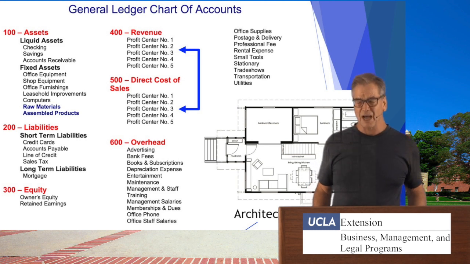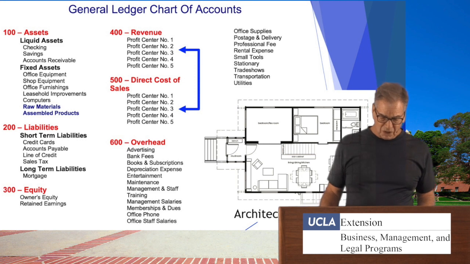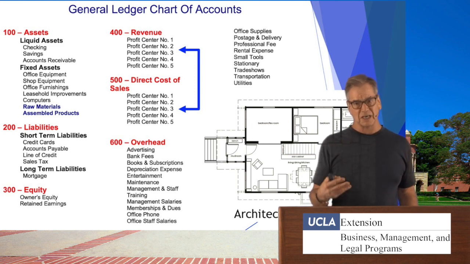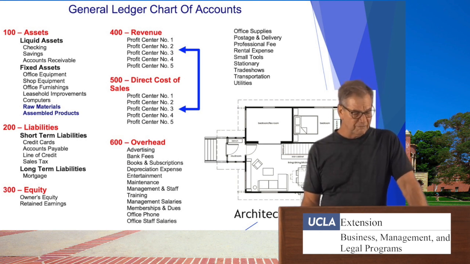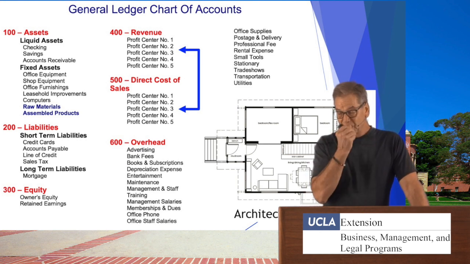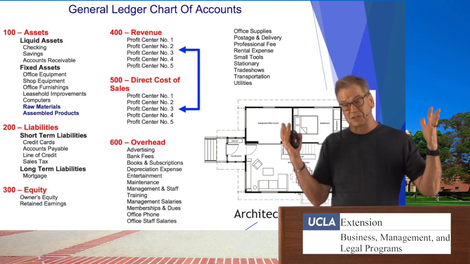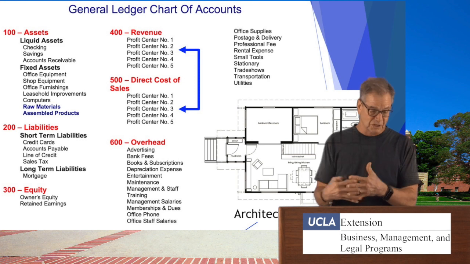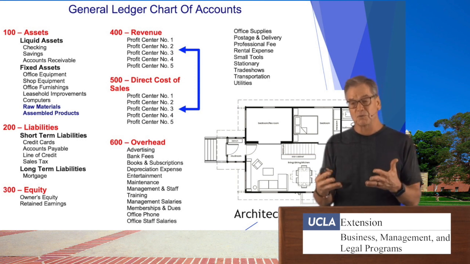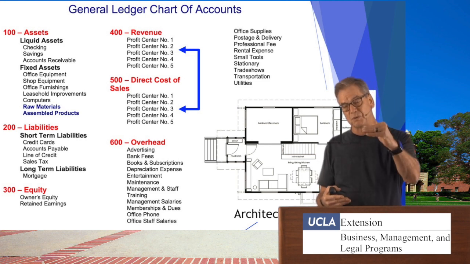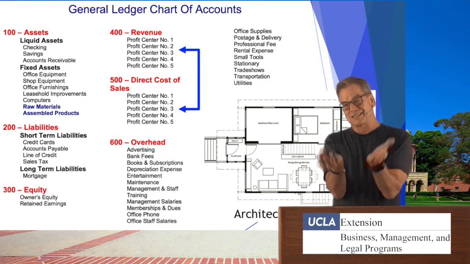If you can figure out how you're going to use this information throughout the year, it could be very, very beneficial to know at any time where you stand from a cash flow standpoint, or to have specific information that tells you how you're doing with profit center accounts, where we combine revenue and direct cost of sales and see which of our profit centers are making money. Because you can't really know if something's making money unless you take the revenue deposited in that account minus the direct cost of sales of that account and see what the balance is.